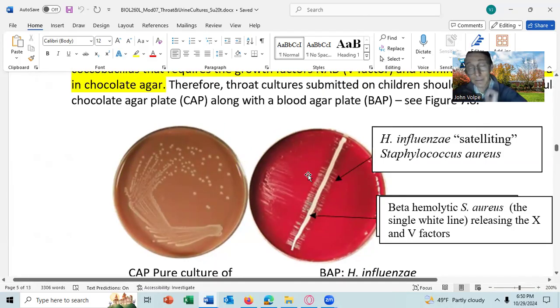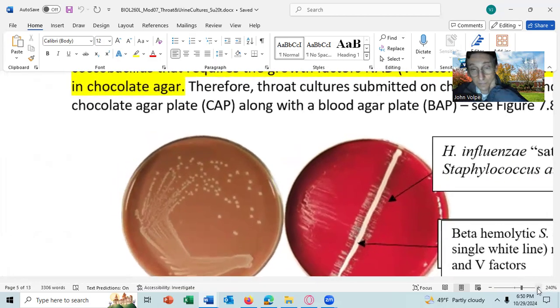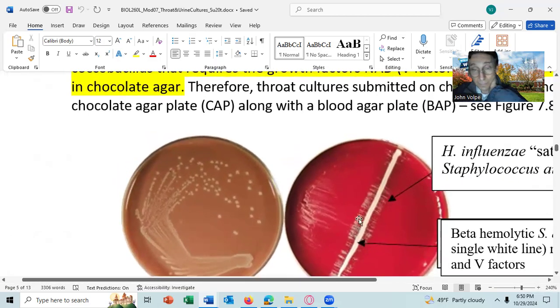And then you can see that Haemophilus influenzae can grow in this region. Let me blow that even further. This region near the Staphylococcus aureus, but it will not grow in this region here. And that's because Haemophilus influenzae needs the factors from the blood, and they cannot lyse the red blood cells. So Haemophilus influenzae cannot get the factors, will not grow in the blood agar,